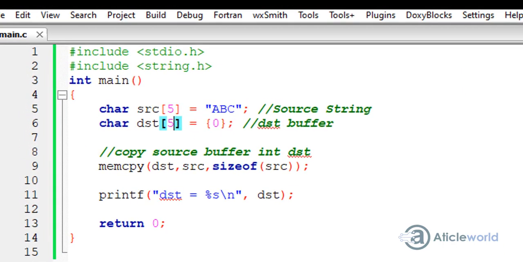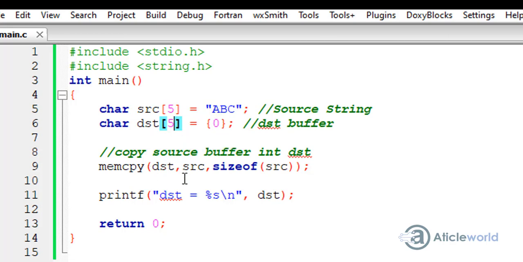Here you can see that I have already written a small program where I am copying some data from the source array to a destination array. So here I have created two arrays, source, src, containing three characters ABC, and a destination buffer. And here I am copying the source memory data to the destination memory.